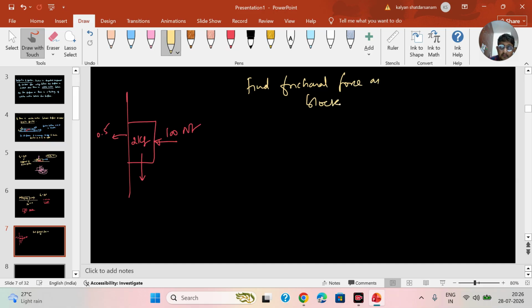So it is coming down, let us say, with some 4 meters per second velocity. Because of the Earth's pull, it is coming down. It's like you pressed the block against a side wall and slowly it is coming down. It is also possible to press the block so that it doesn't move down. In that case, static friction will act. Anyway,